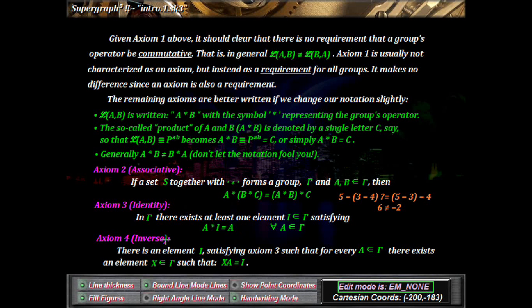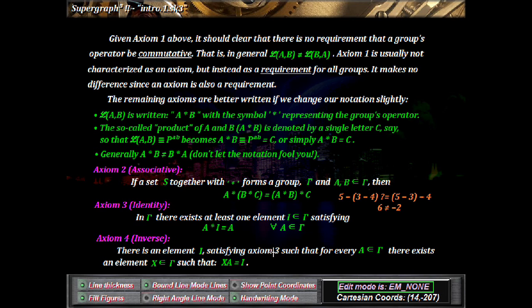For any A in the group, there's at least one special element that has this property, that the product of A with I on the right gives you A back. Alright? So now there's just one more axiom. Well, 3 must be satisfied, so this first part is really not necessary, but anyway, there is an element I